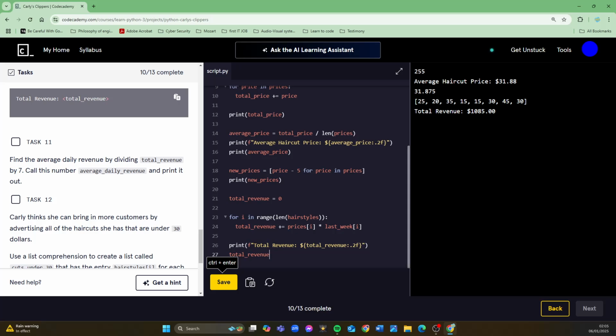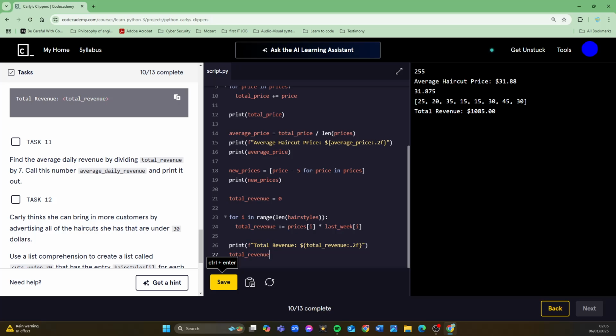and notice how we got total revenue. So we said, okay, the price for that particular type of haircut multiplied, well, how many did you sell? That makes sense, doesn't it? Let's say you've got a $2 haircut and you sold 5, you've made $10, haven't you? And you do that for each of them, and then you add, and of course you're adding that to total revenue. So you do have to use this for in loop.